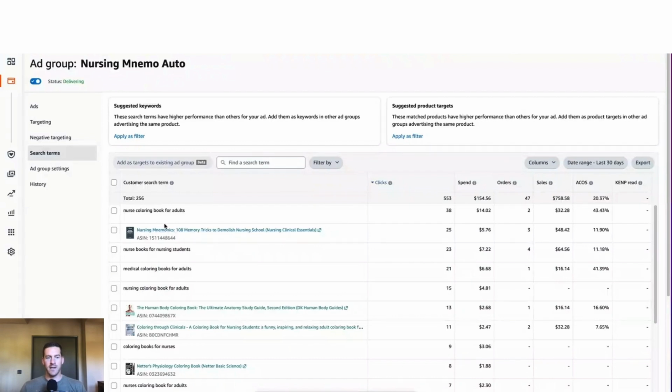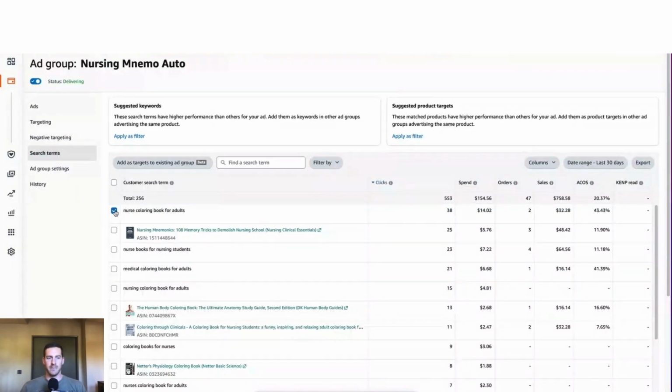In contrast, we have here a keyword search for nurse coloring books for adults. You can see that 38 people clicked on my ad when it was shown for this keyword search, which cost me $14, but only generated 2 orders for $32 for an ACoS of 43%. So this is actually not profitable for me to continue running. So I could go ahead and select this and I could move this to a negative targeting so that my book would no longer be shown for this keyword search and I would not be charged anymore for people clicking